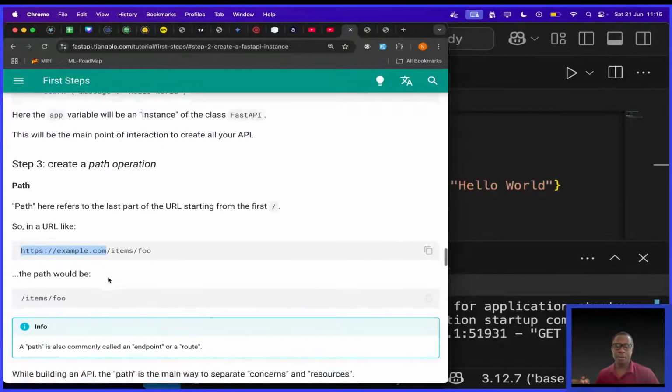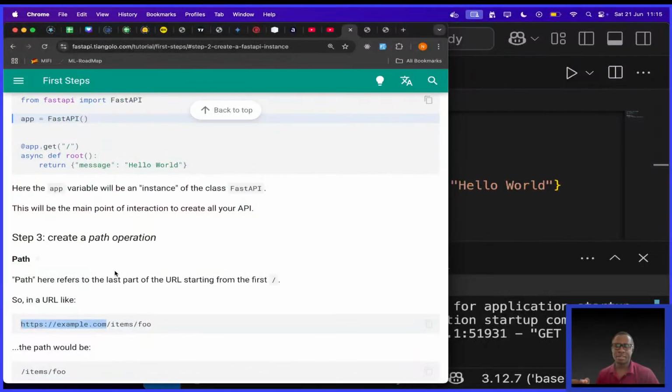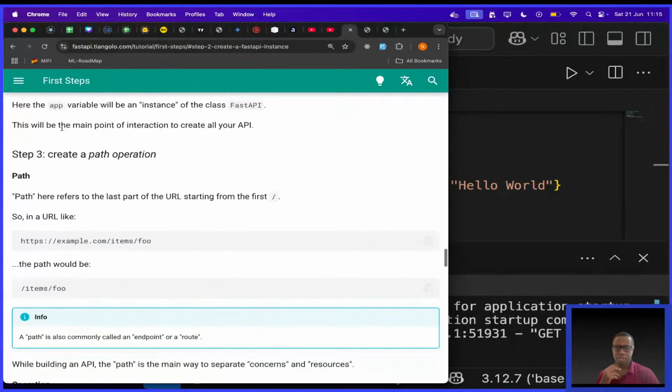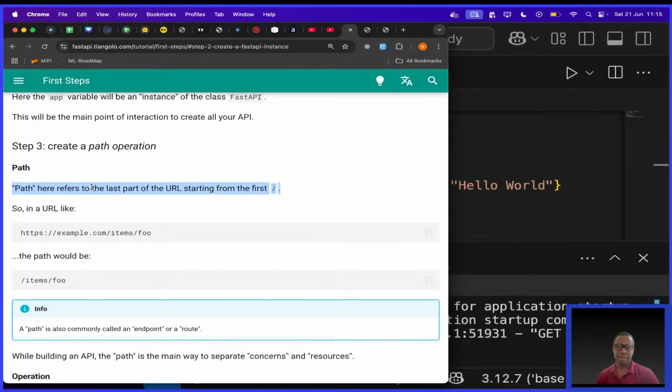But what path defines is the part that starts after .com, from the first slash, is what they're referring to here. After the domain, your definitions in this string come after the domain. Have that in mind. And that's what they're trying to say here, okay?